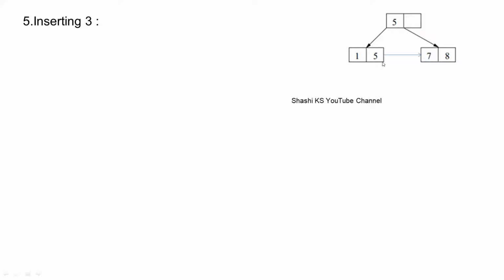We have already seen the calculation of j here. j is 2. So the first two entries, which are 1 and 3, have to be kept in this original node, and the remaining entry, which is 5, has to be moved to a new node, and the second entry in sorted order, that is 3, has to be replicated in the parent node. Fine.